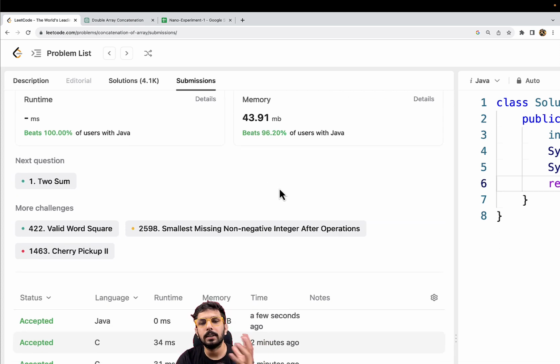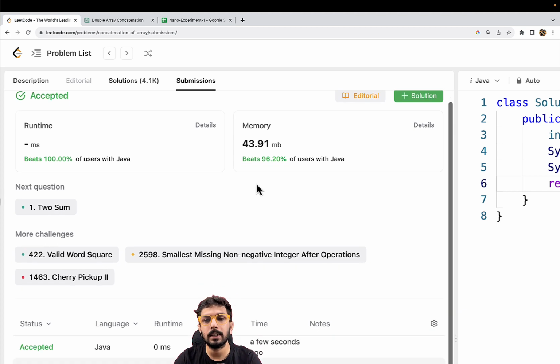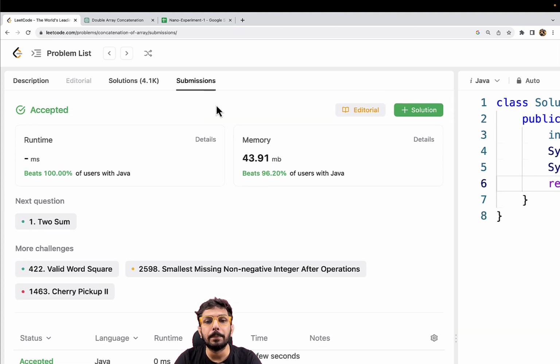LeetCode says that it hasn't taken much time, which means that it must have taken some microseconds, which LeetCode is not even caring about. It's saying 0 milliseconds. So that is very interesting and adds a point of research for us. But at the same time, if you see that it is taking more memory, I think, than any other language